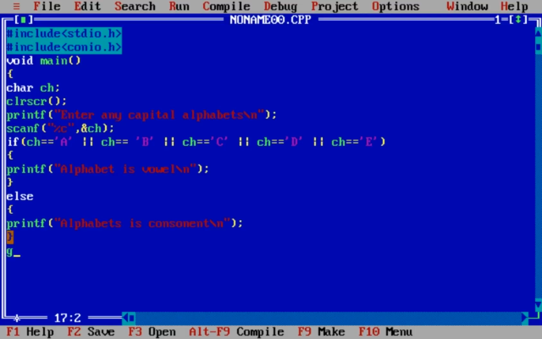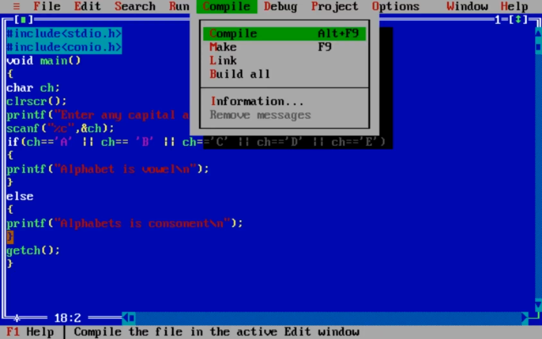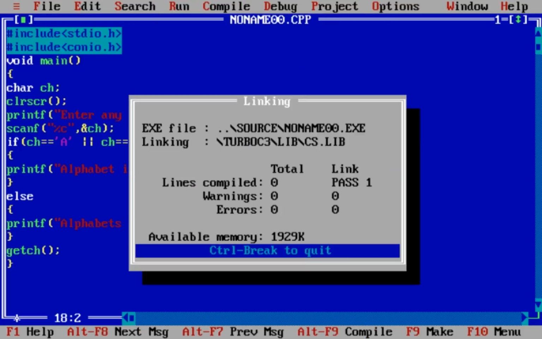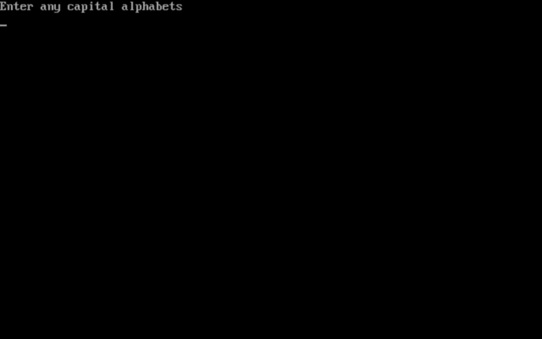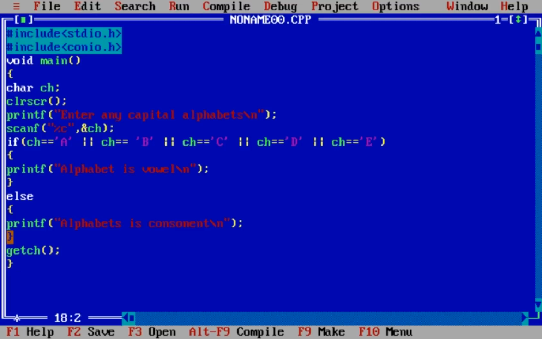So first of all, check whether the program is working or not. Compile, yes it's fine, and run. Suppose I enter A, alphabet is vowel. Check again for another. Suppose H, alphabet is consonant. Now it's working fine.